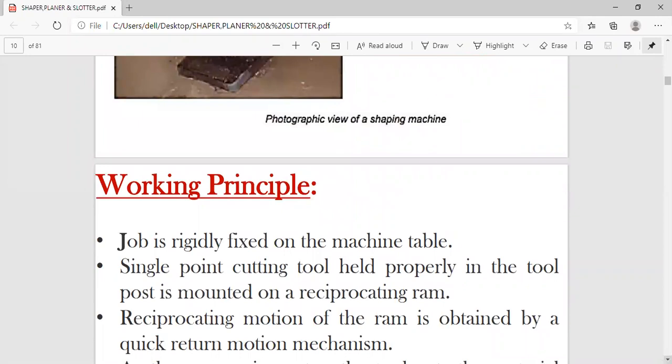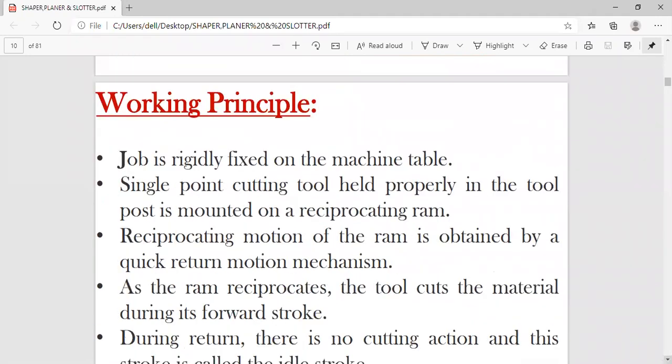Already we have seen it, but as far as this particular chapter or any later chapter, unit 2, the working principle is important. What are the components of the reciprocating machines, and the operations? Operations are also very much important, so you have to know all this.